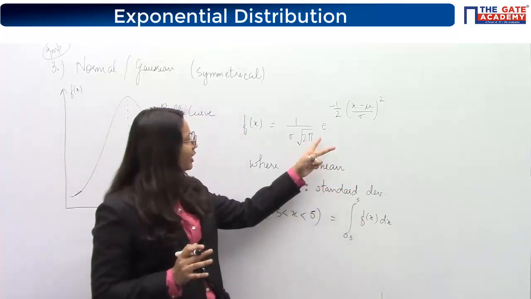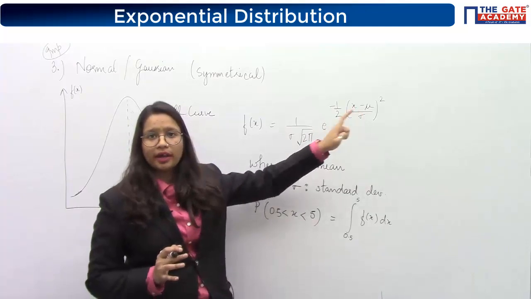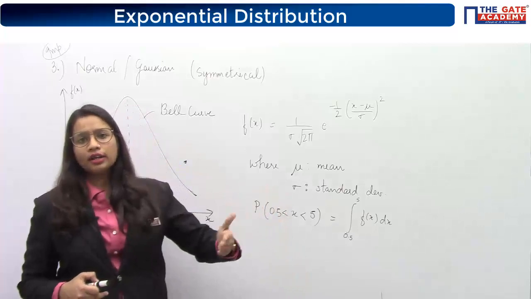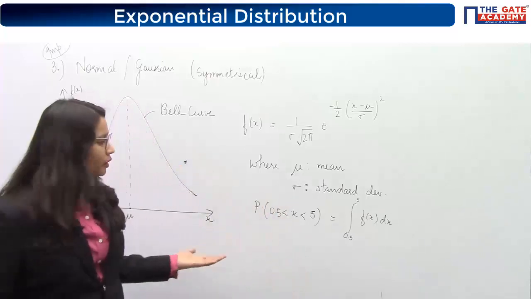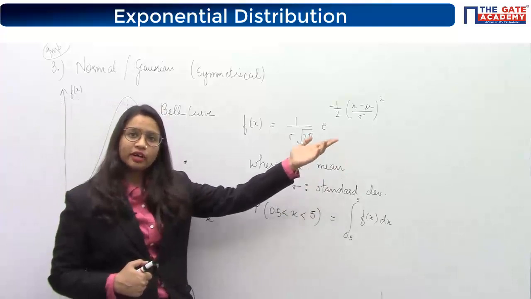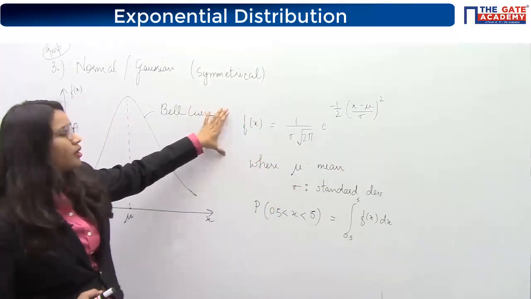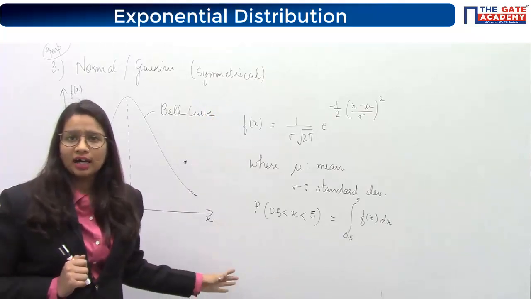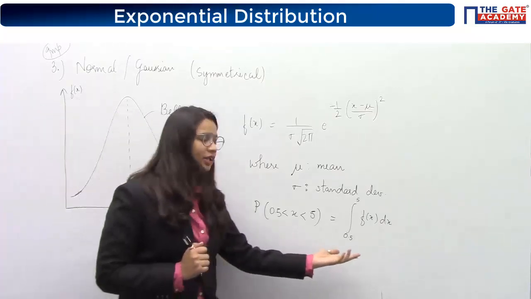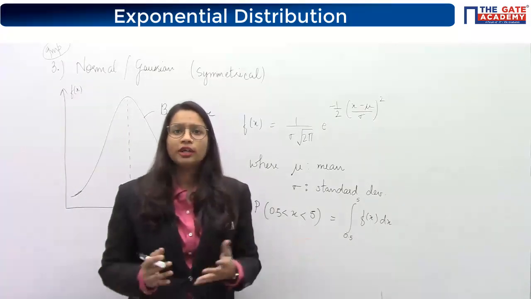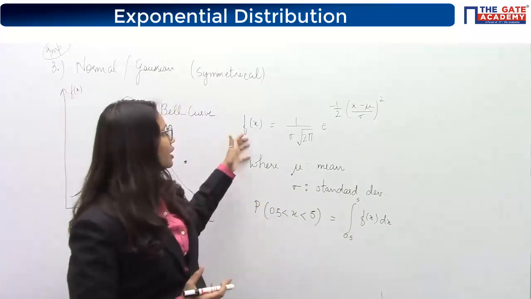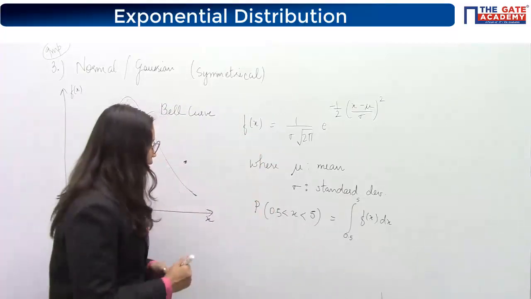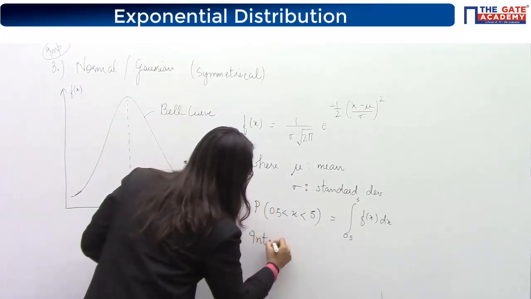You have a function where e is having x square. If you know calculus, or after studying calculus also, we will see that you can't solve this kind of function's integration. This is not solvable by using any method of your calculus. So whenever you are asked some probability, then you are integrating it, but you don't know how to integrate this function. That's why it's a bit complicated. We can't integrate this function very easily. So integration is not possible.